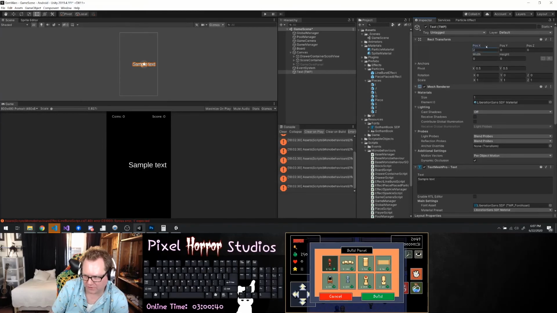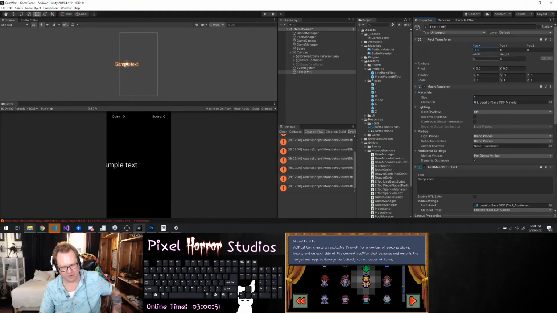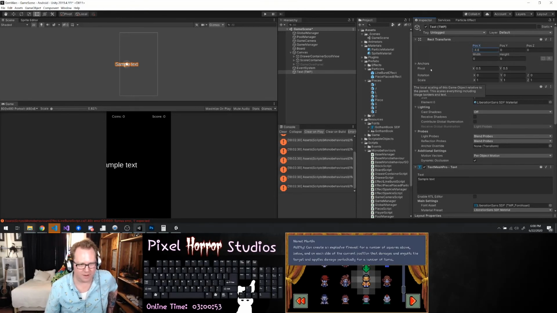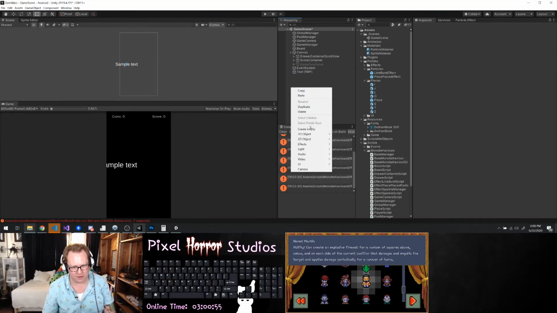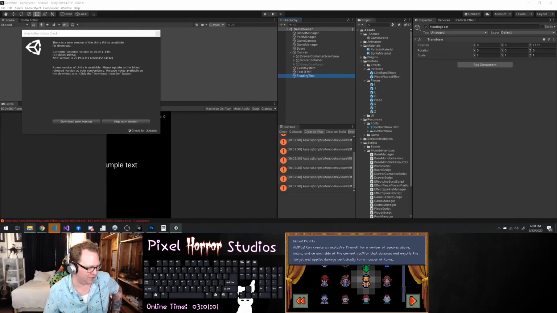This actually has a regular game position. That's interesting. That's new for me. This is pretty fancy that we can do it this way. So that means that I can just make a whole new game object here, and I could call this floating text. By the way, we can check the other project